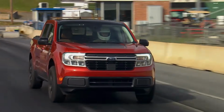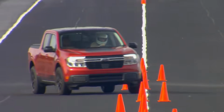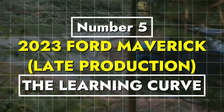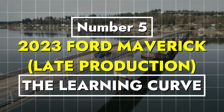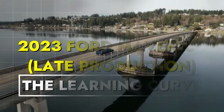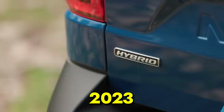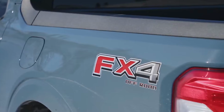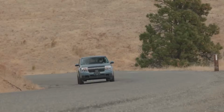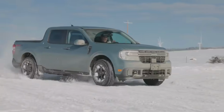Now, let's talk about the Mavericks that show more promise. Number 5, 2023 Ford Maverick, late production, the learning curve. By late 2023, Ford appeared to be addressing many of the battery and brake issues that plagued earlier hybrid production runs. Late production